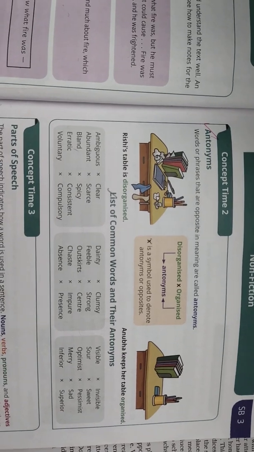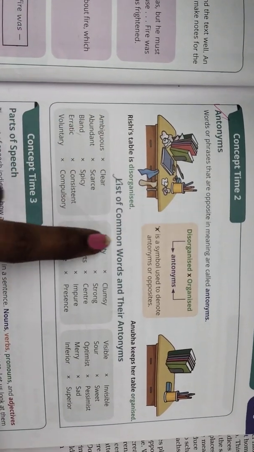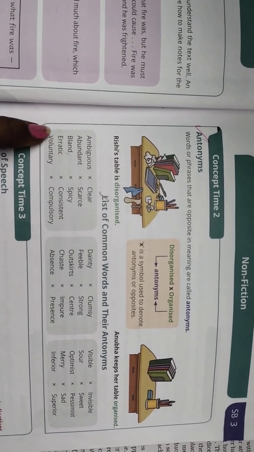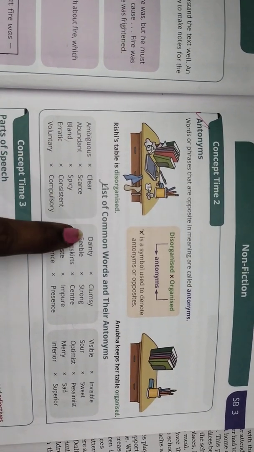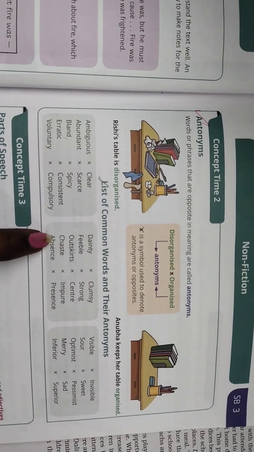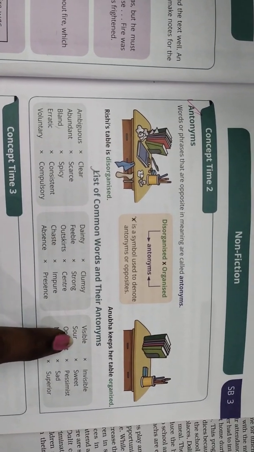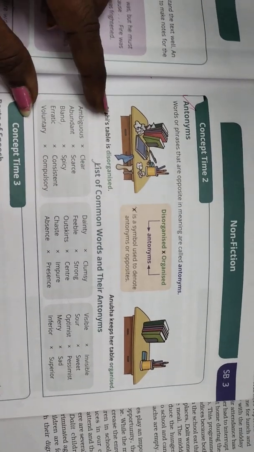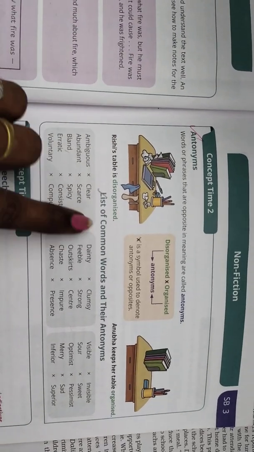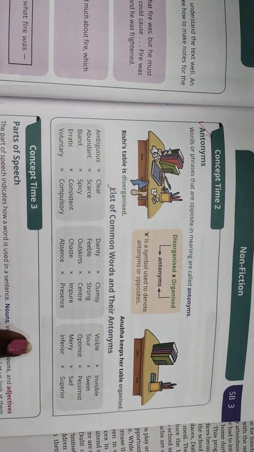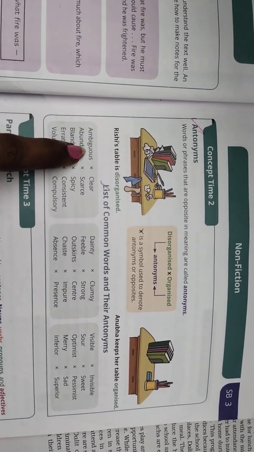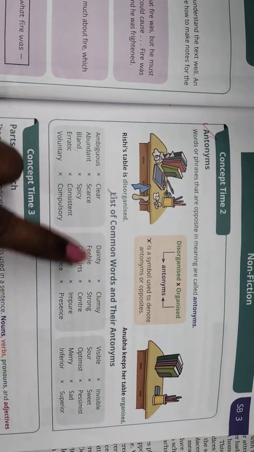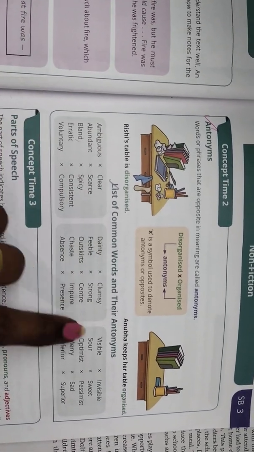So today's homework is, you can see some words here, right? Ambiguous, abundant, bland, erratic, voluntary, dainty, feeble, outskirts, chest, absence, visible, sour, optimist, merry, inferior, right? So what you have to do is find the meaning for those. First, you have to find the meaning. So write the question, take the dictionary, and find the meanings for all